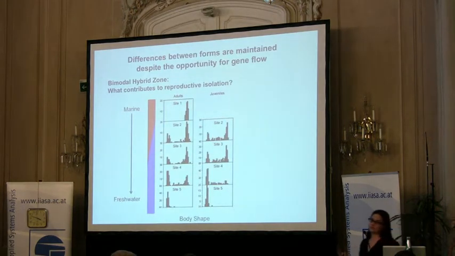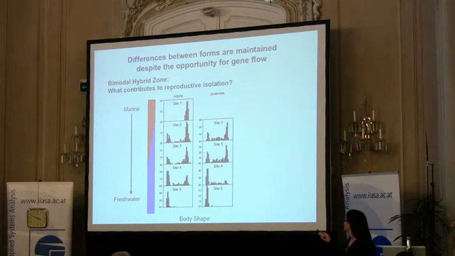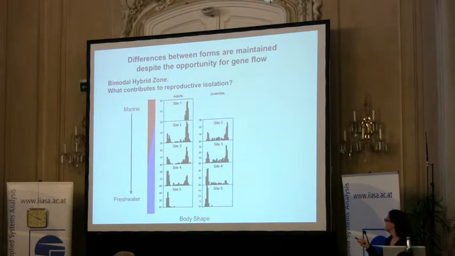Just to give you a feel for what the sympatric sites look like, I'm showing you here some morphometric data, but the genetic data looks very similar. As you move from the marine sites at the coast to the freshwater sites upstream, you can see in the lower reaches of the river where there is this salinity gradient, two divergent morphometric morphologies that exist in sympatry. So we have good evidence that there's distinct clusters that coexist, and actually if these are adults sampled from the hybrid zones, if you look at the juveniles that they produce, you can see that there's quite a few hybrids produced, but the hybrid zone is mostly a bimodal type of zone.